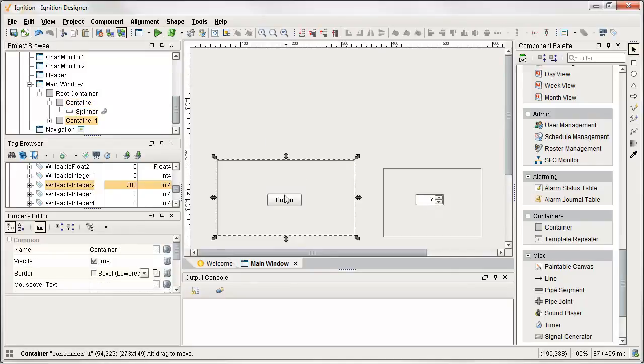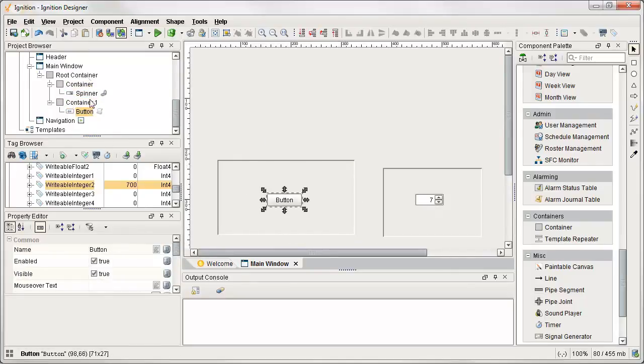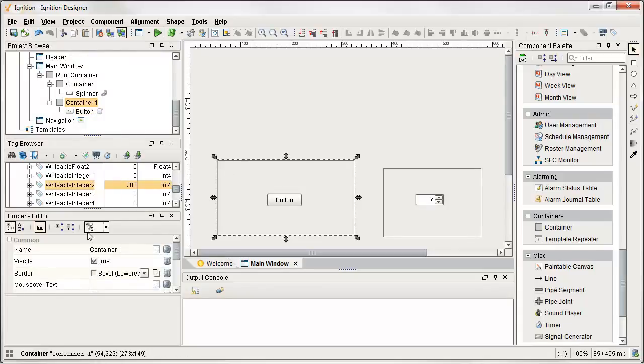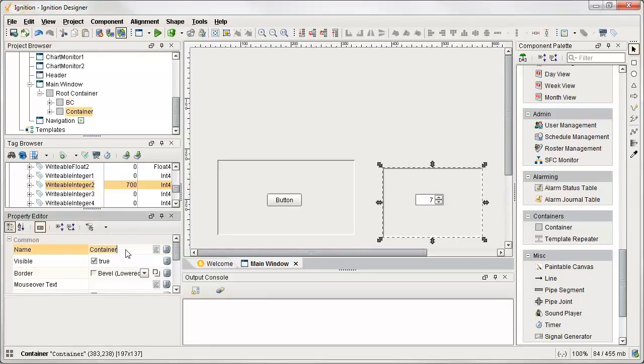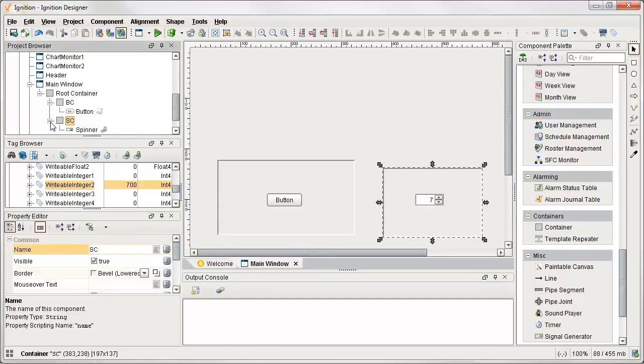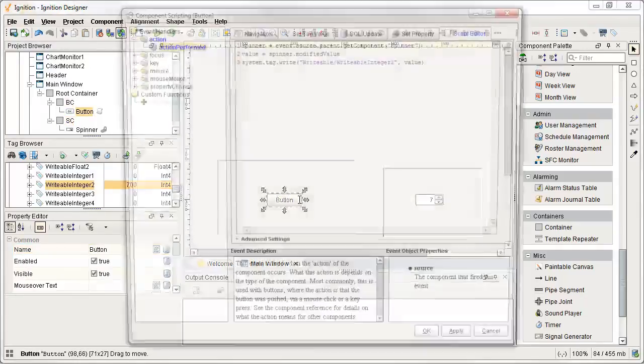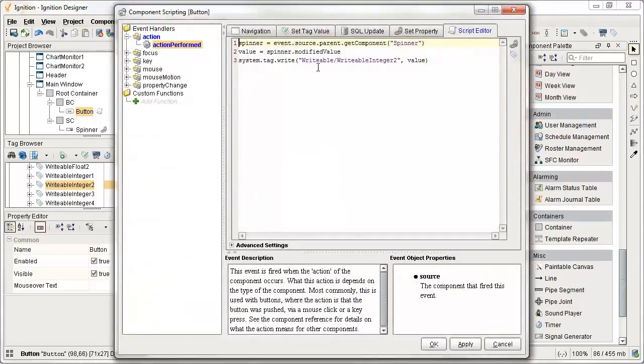So you can see that we've got a button inside of a container and a spinner inside of a container. And I'm going to name these containers. So I'm just going to call this one button container BC, and I'm going to call this one spinner container SC. Alright, now we're going to see how our script needs to be modified in order to handle this situation. So if we open up our button's action performed event script, this is no longer going to work. This is no longer going to work because event.source is the button, .parent is now BC,